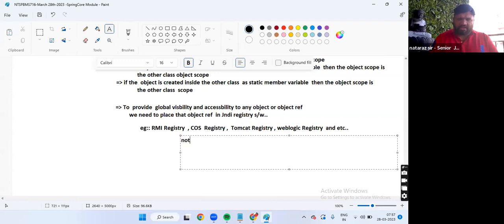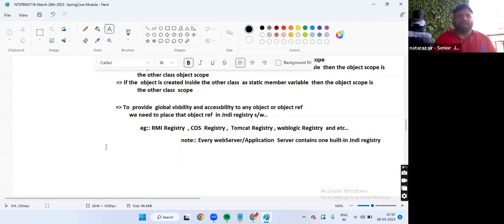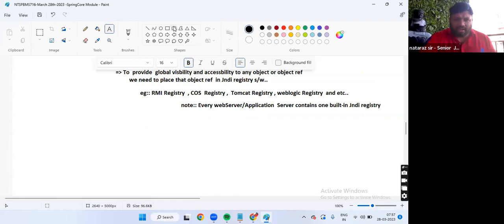Every web server or application server contains one built-in JNDI registry, so you need not arrange it separately. The server is ready.